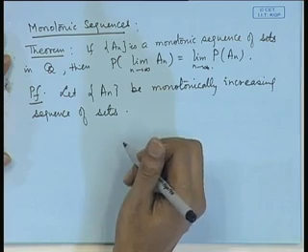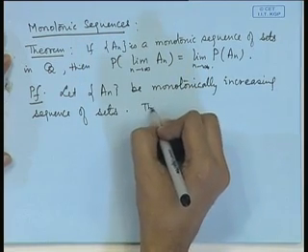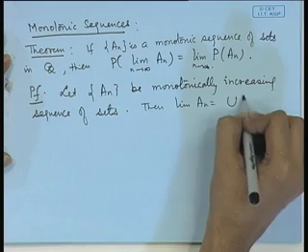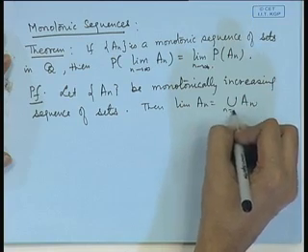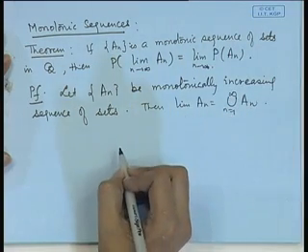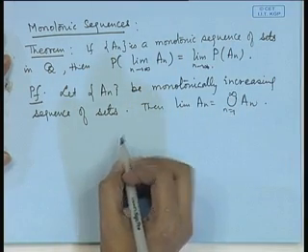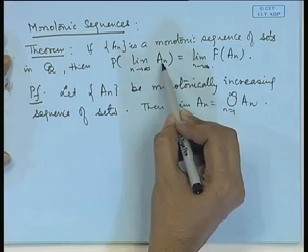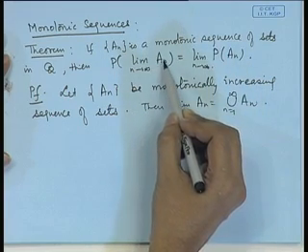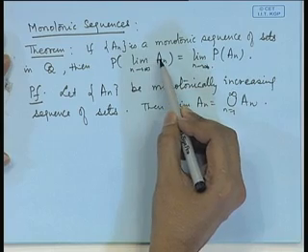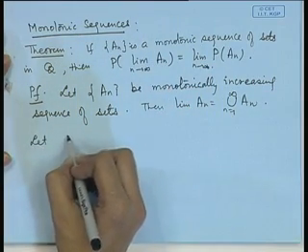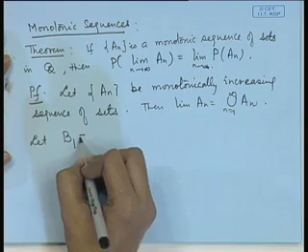If that is so, then the limit of the sequence An will become the union of An, n equal to 1 to infinity. In order to prove that, we have to look at probability of limit, meaning probability of the union. Now, what we do, we decompose this union by defining a new sequence of sets,